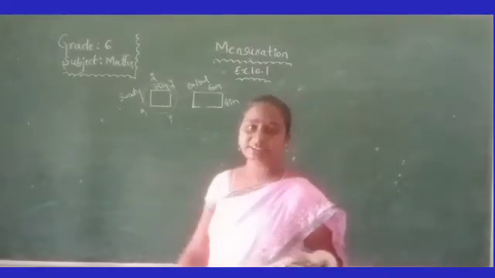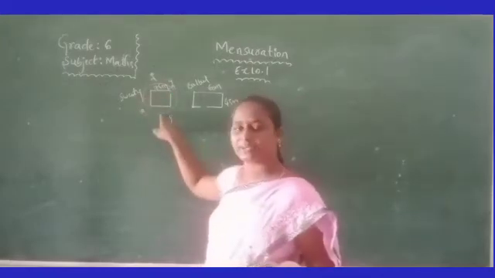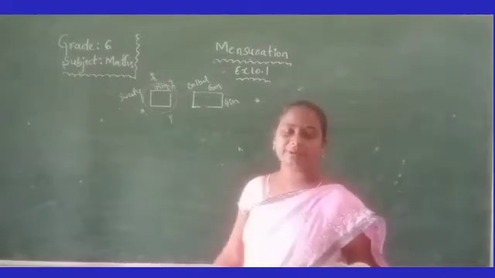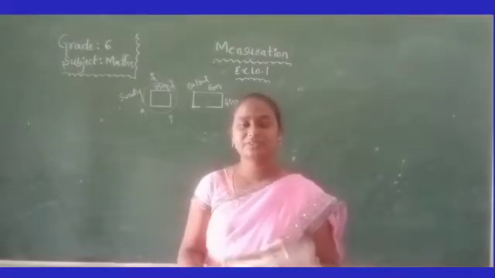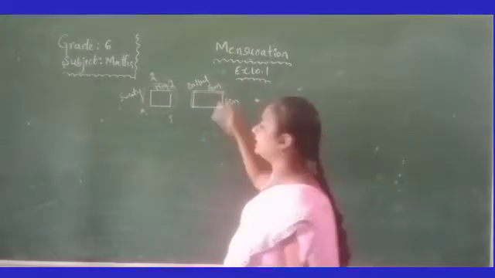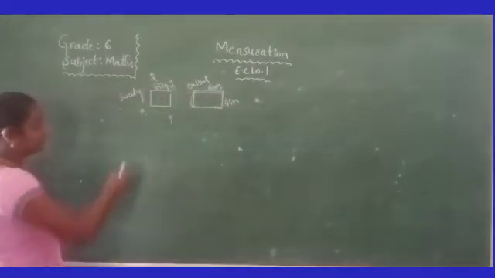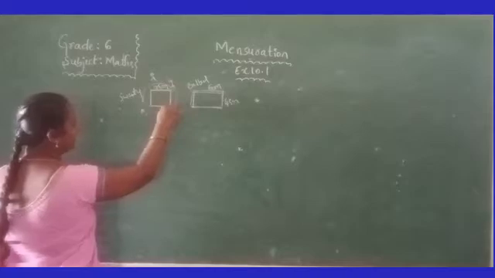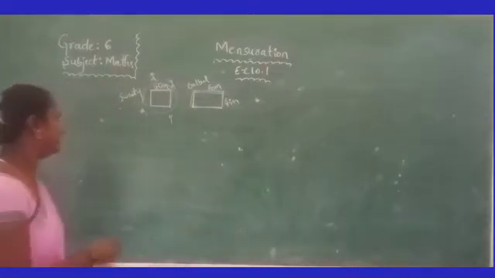Then what do you have to find? How to find who covers less distance. She is running around the square park. She is running around the rectangular park. So who will cover less distance? That is what you have to find. Here you have to assume one side of the square park is 75 meters. She is running around the square park, which means the distance is equal to the perimeter of the square. So that is the 15th question.